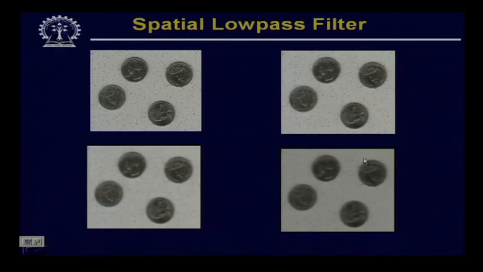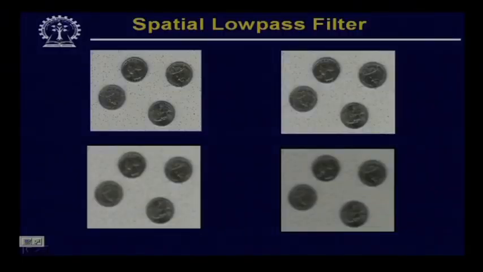So, from these images it is quite obvious that as I increase the size of the mask, the blurring effect becomes more and more. You find that the right bottom image, which is obtained by a mask of size 7 by 7, is much more blurred compared to the other two images, and this effect is more prominent if you look at the edge regions of